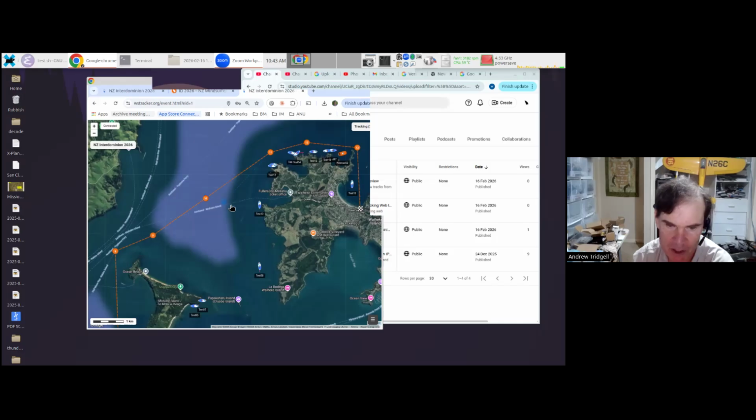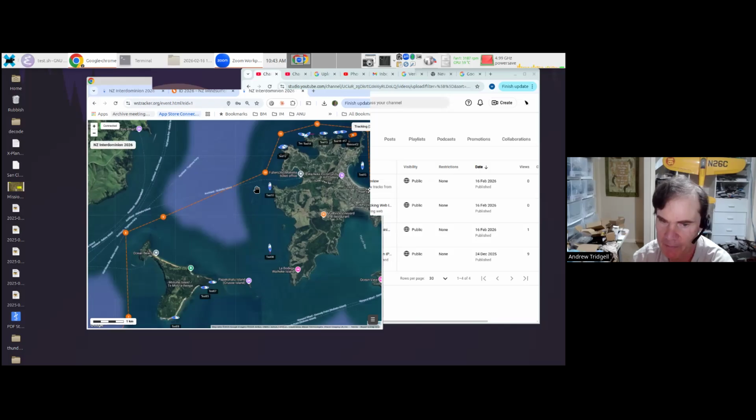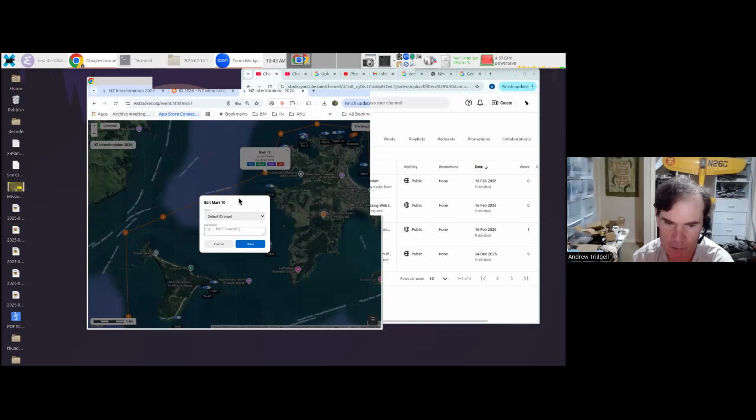This one here, I'm going to decide that we want to do a bit of a tour around the side here, so we're going to move it. All right, we can go and edit a mark, right? We can click and change its color. We want to make it a port mark, and we want to put a comment,